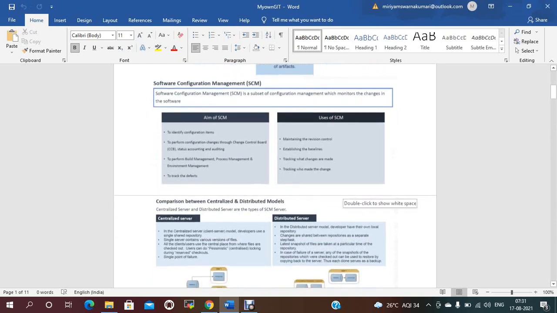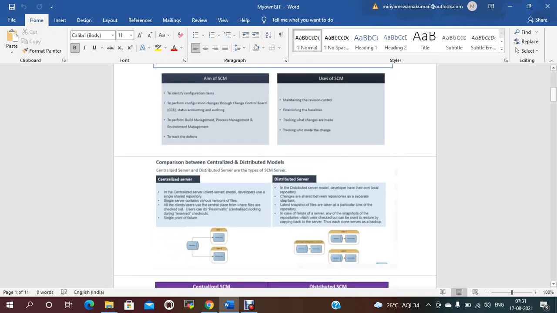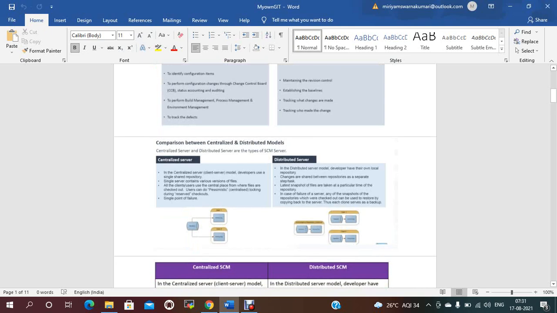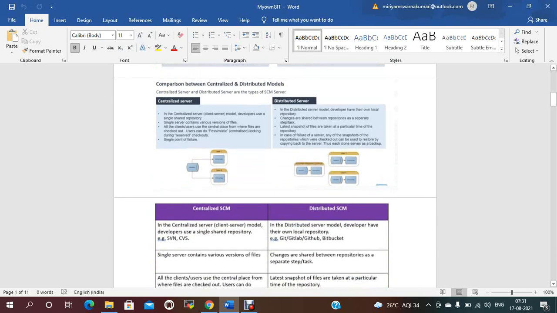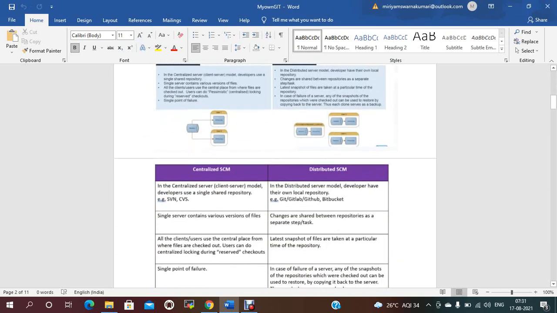In version control, there are two types: centralized server and distributed. If a developer wants to use earlier versions, previously we had a centralized server and a distributed server. Previously, everyone used SVN, that is the centralized SCM, and distributed.